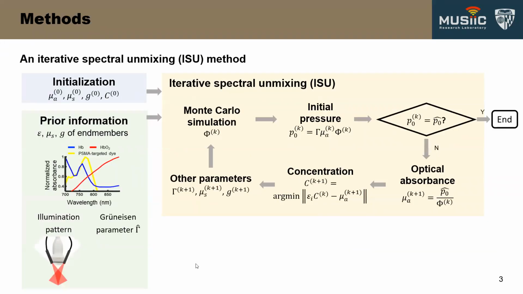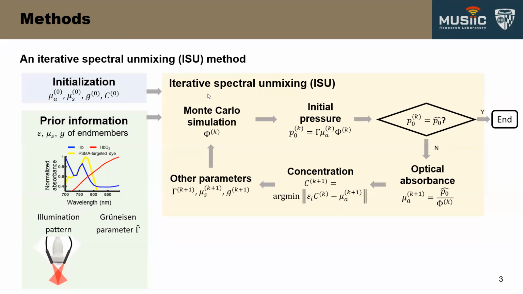In this work, we propose a novel iterative spectral unmixing algorithm for fluence compensation in the optical inverse problem. We employ the prior optical information of tissues and computation power of simulations. After initializing the variables and inputting prior information, including spectral characteristics, illumination pattern of the light source, and gradation parameters,